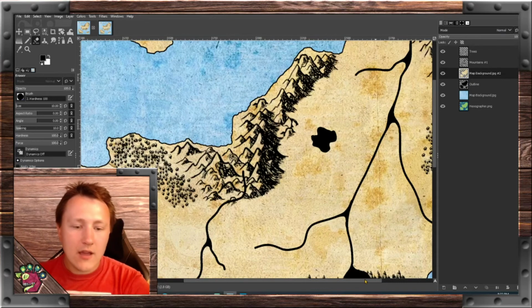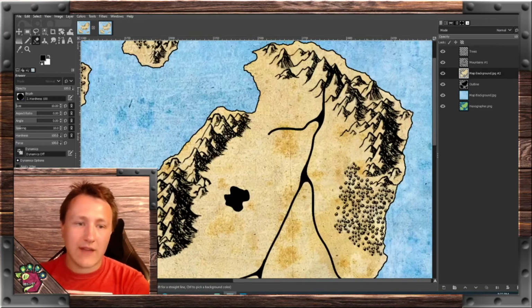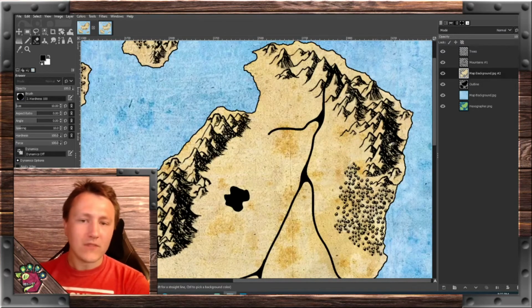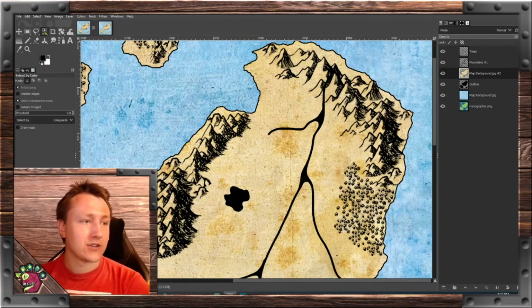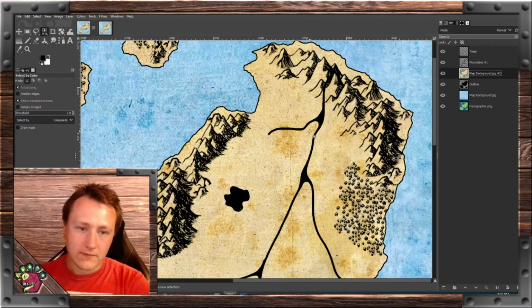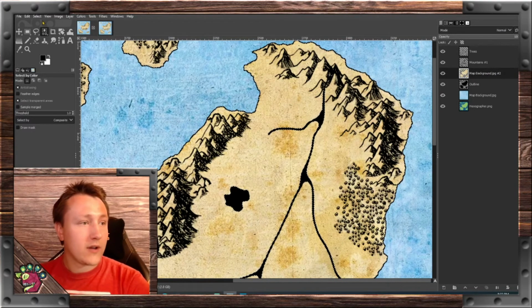But either way, you're going to be left with something that looks like this, where you have the black outline of the river. So what we're going to want to do is we're going to go ahead and take our selection tool, our select by color tool, which looks like this. We're going to click on our map outline here, and click inside one of our rivers that we've created. From there, we're going to go ahead and hit select,